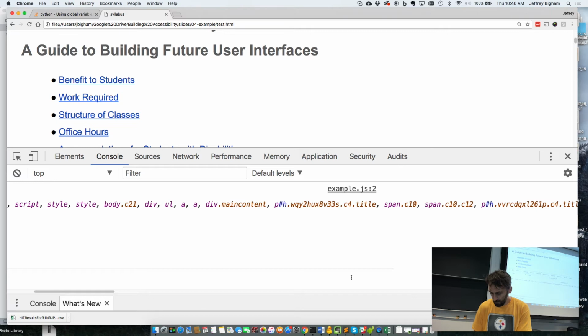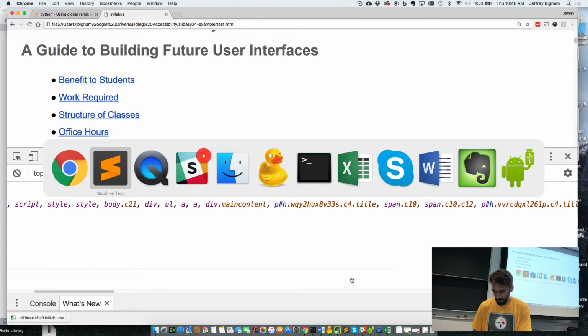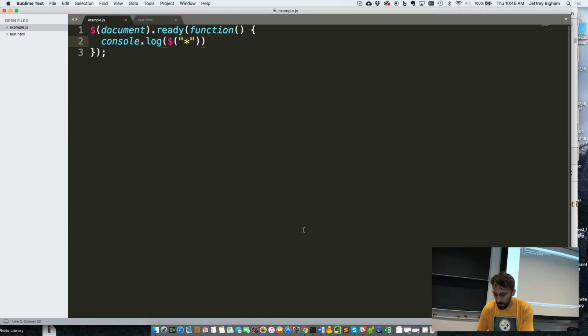Let's see. Let's go back to the code here. So one thing we could do is start navigating through this list, right? So if we wanted to,